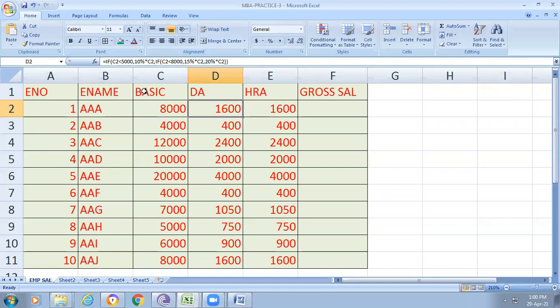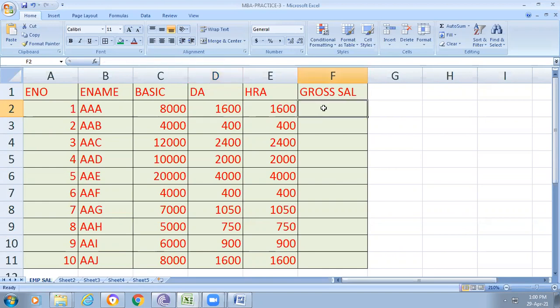So for example, here if we are giving 5000, what happened here? 10% of the basic. What is the 10% of the basic? Here 15% is considered. So 15 5s are 75. Am I right? So that's why if it is less than or equal to 5000, then it is calculated as 15%. If it is less than 5000, for example 4000, the 10% is 400. Am I right? I hope all of the members are clear.